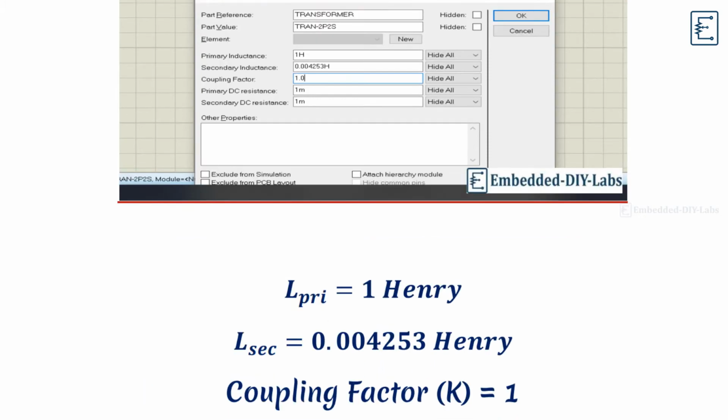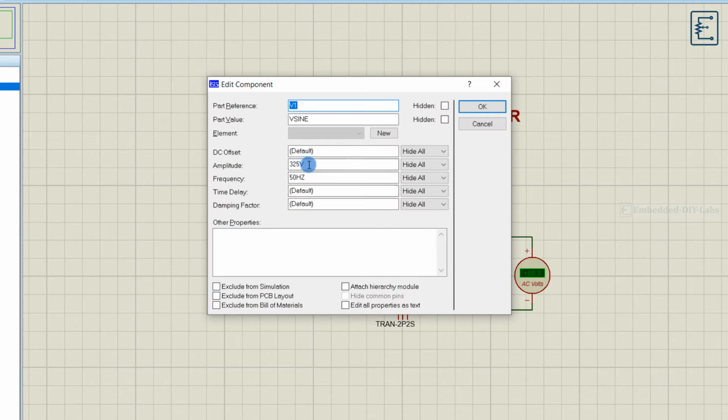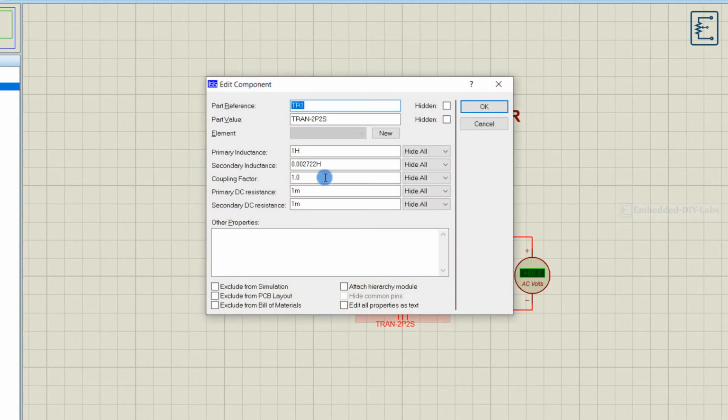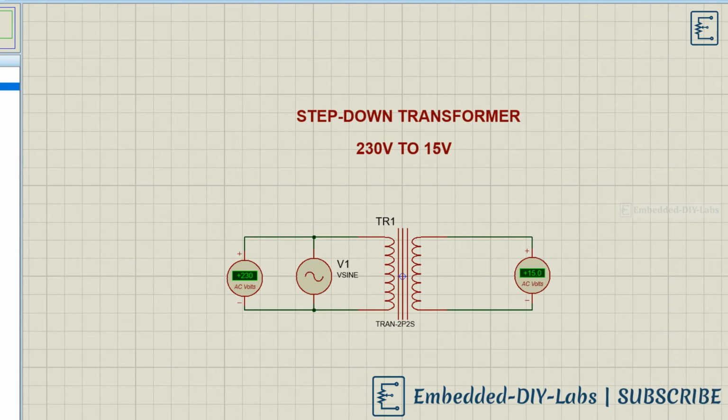Applying that in the Proteus AC source, 325 volts, then frequency 50 hertz, then click on OK. Now we have to apply the inductance values. For primary inductance, it is 1 Henry. For secondary inductance, it is 0.004253 Henry. Coupling factor is 1. Then click on OK. Now run the simulation. We will get 230 volt stepped down to 15 volts in the secondary.